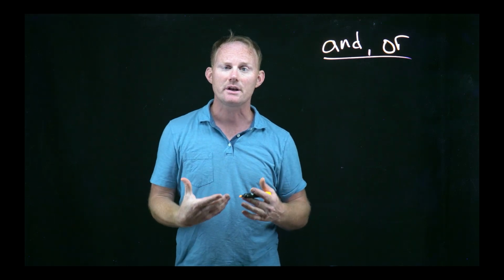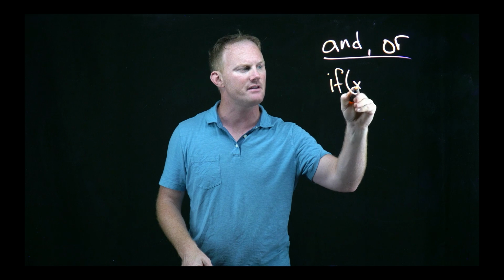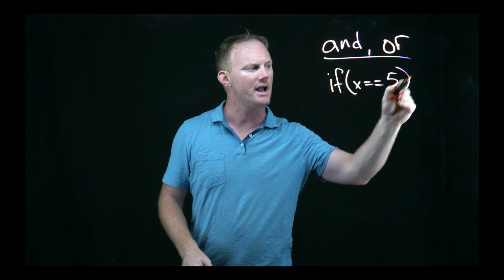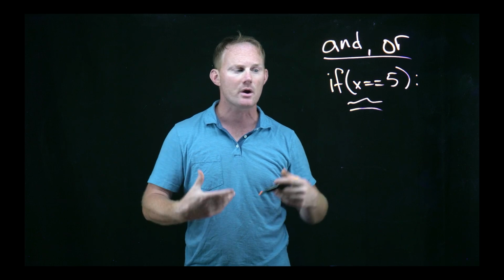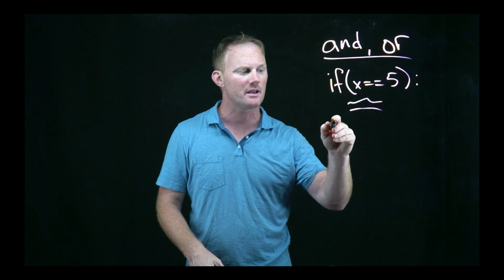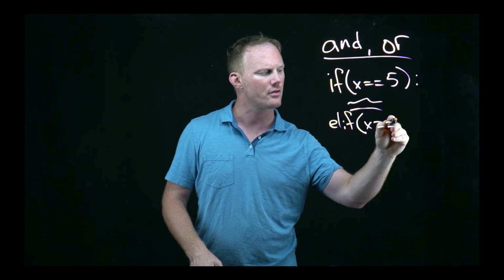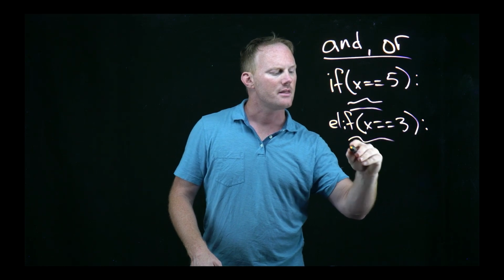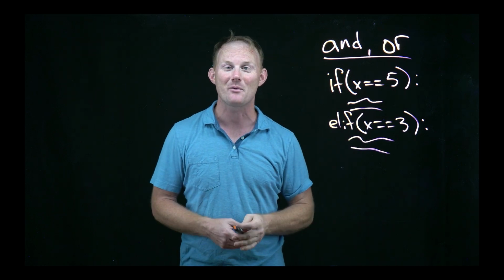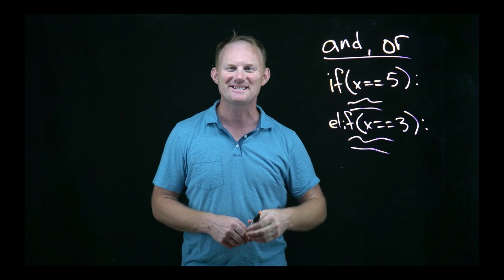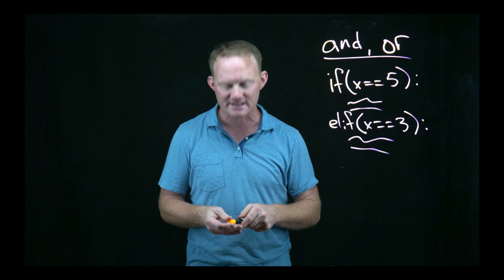So as we work through our conditionals, they have been really simple so far. We've just done things like this: if x equals 5, then we do something. Okay? We're going to run into situations where we want to do the exact same thing, right? If x equals 3, right? These two blocks are going to be exactly the same thing. Wouldn't it be nice if Python had a way to do that? Well, as you can see at the top there, they're the keywords and or, and they will handle this exact